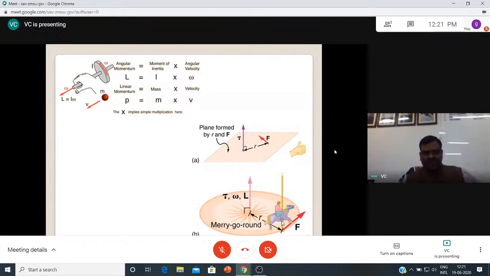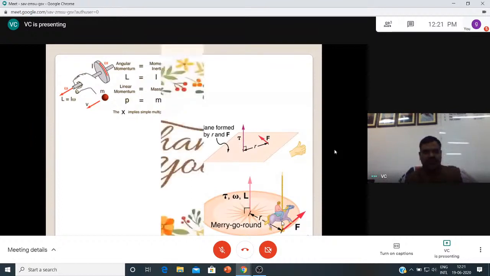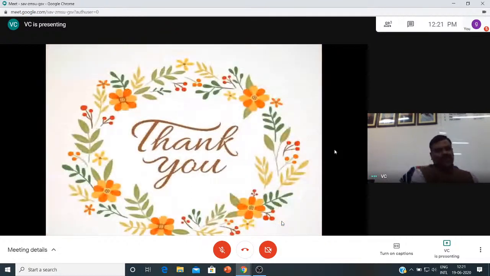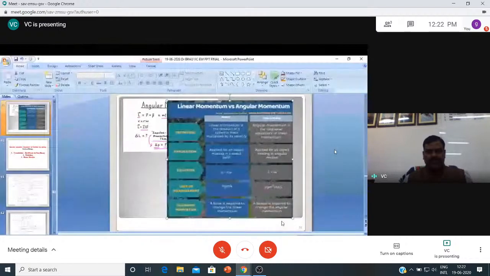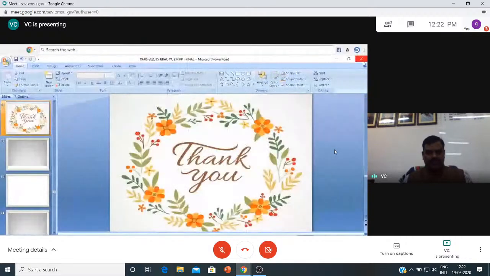And these all are the best example of the angular momentum. See, today we have considered some of these aspects of momentum, linear momentum. Now let us see